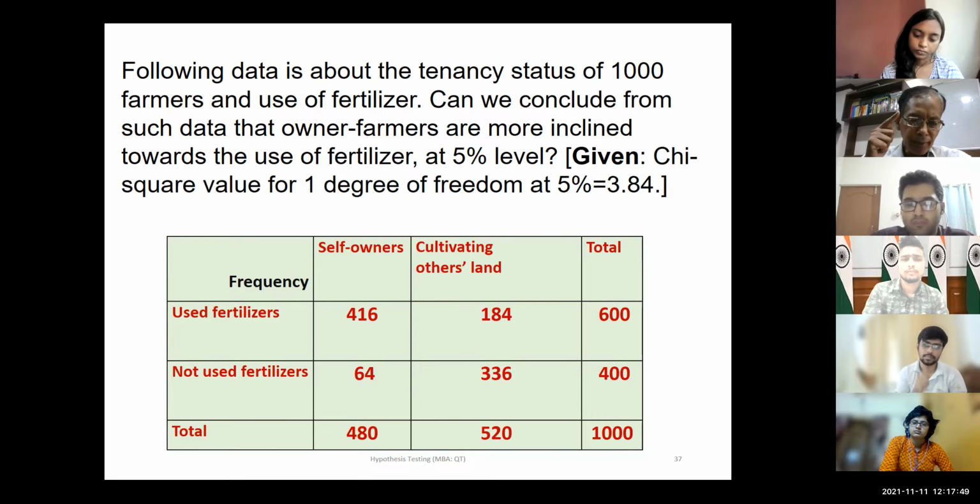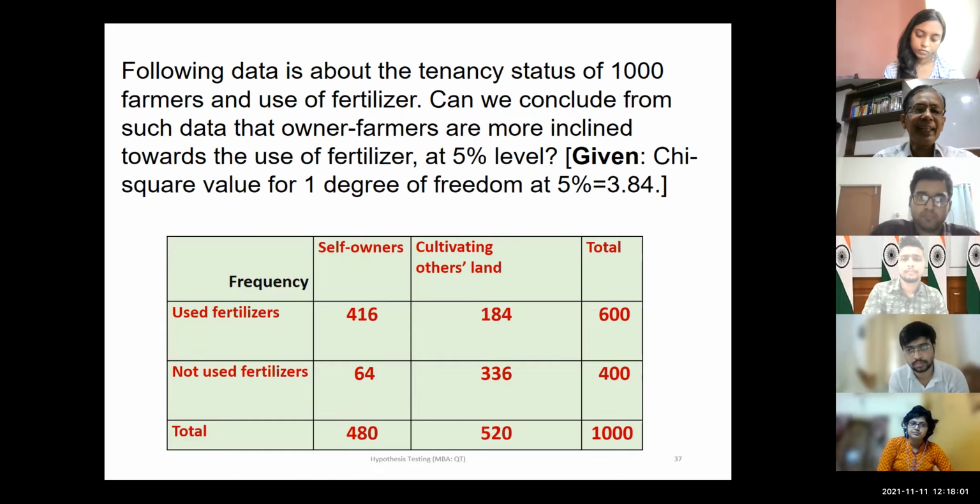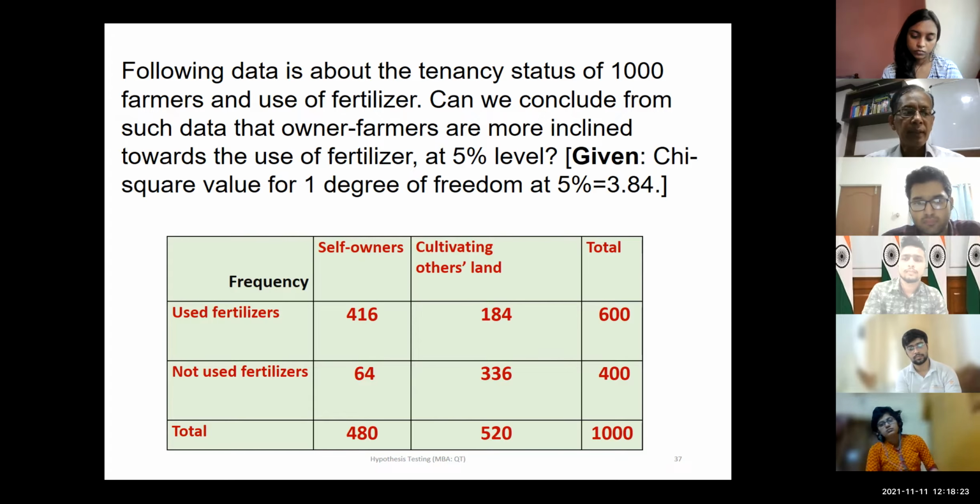So unless we understand the case properly, your last line conclusion will not be convincing, clear, or confident. Do you agree with me? So the ownership status, is it the deciding factor? Is it the major factor which determines मैं fertilizer use करूं या ना करूं? Okay, or there is no discrimination. Own land or other land, if I'm cultivating, I'm equally tempted to do that. Is it making sense?